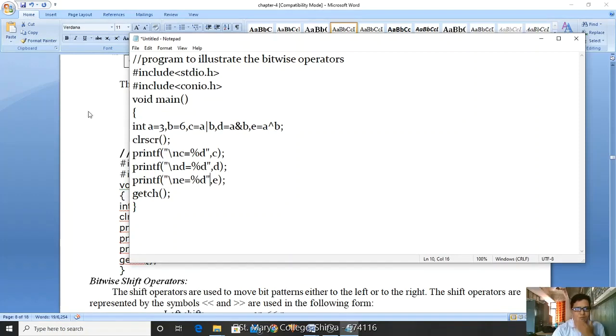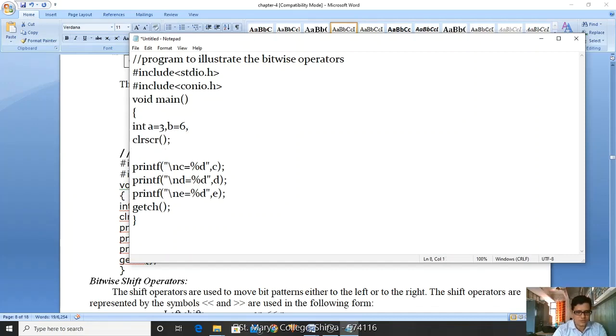Let me check. We have declared clrscr and getch. We have declared the variables. C is equal to a bar b, d is equal to, we are processing here itself. If you don't want to process here, then I am cutting here with Control X and pasting here. I am declaring here a, b, c, d, e.